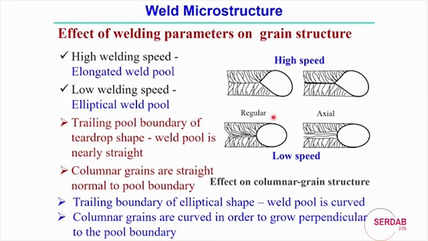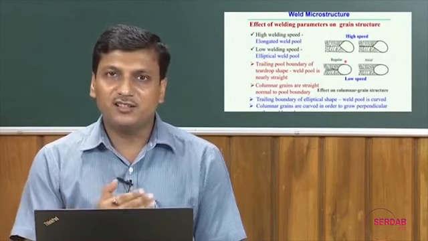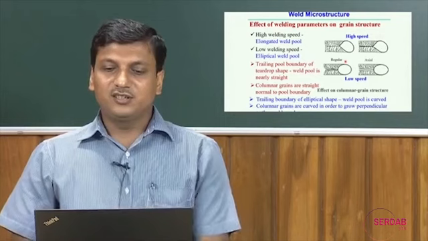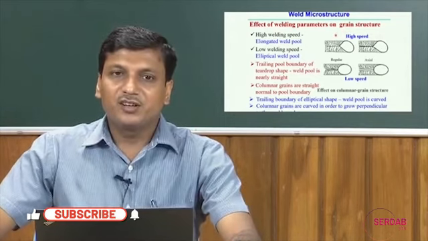But in the case of low speed, since the trailing boundary is elliptical, the weld pool makes a curve, and the columnar grains are also curved in order to grow perpendicular to the weld pool boundary. They make the initial curve and finally end up almost perpendicular to the weld line. So these are the typical weld grain structures that actually